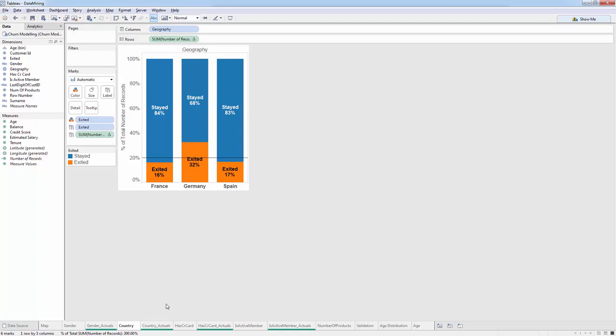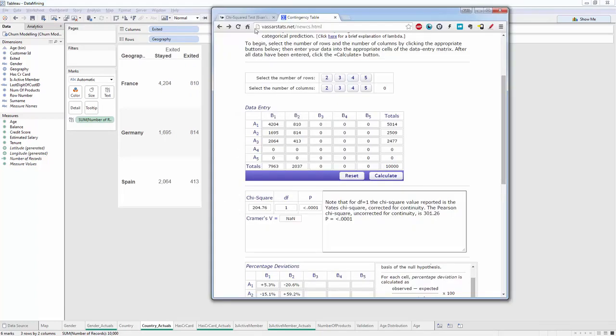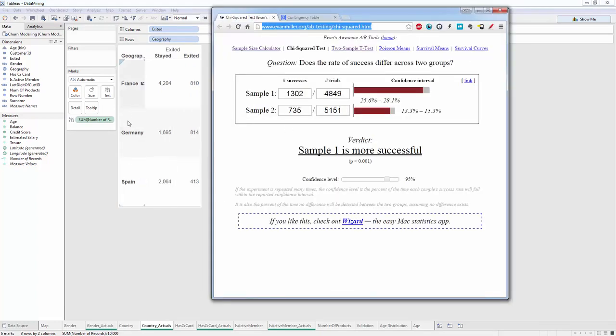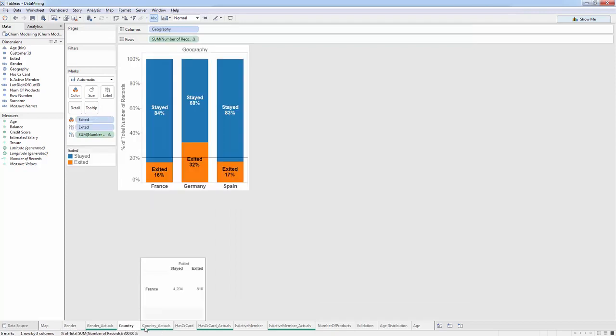So that's our country. We've already done the test for country actuals, right? So obviously if we run this test now for France and Germany, we will also get a statistically significant result. And I'll leave that up to you if you'd like to check that. That's totally fine. The other thing I wanted to show you here is that if we now go to age,